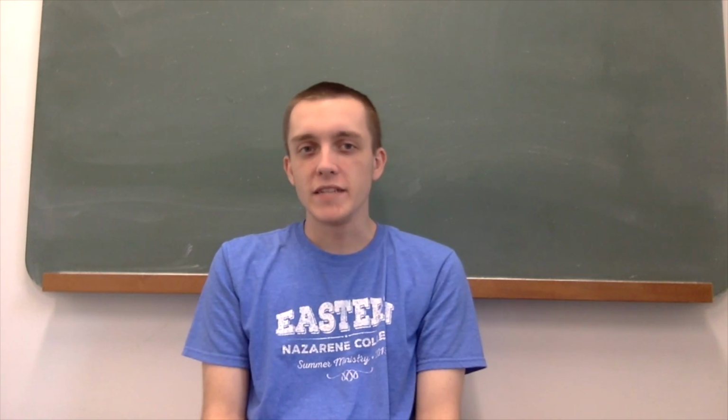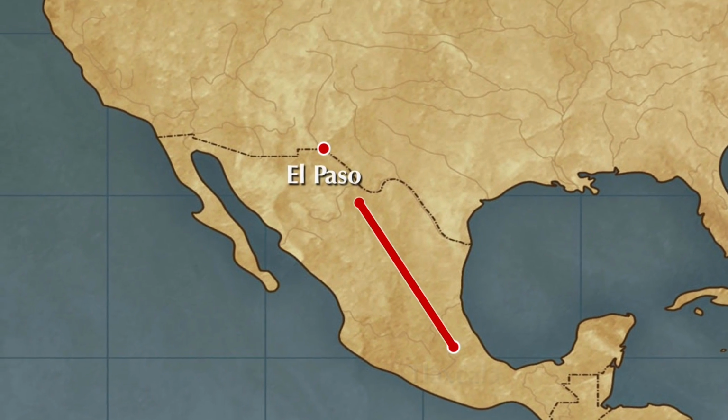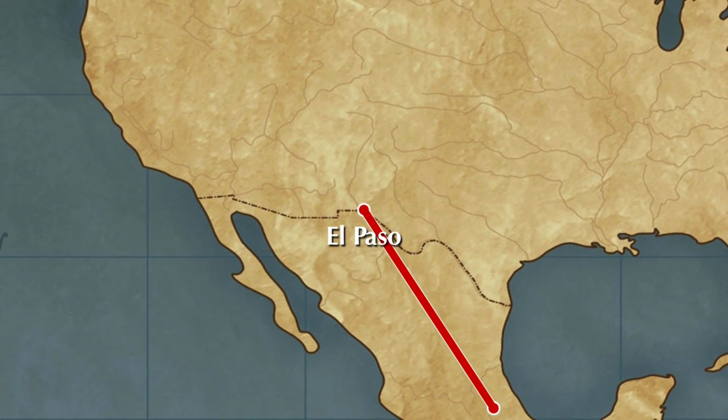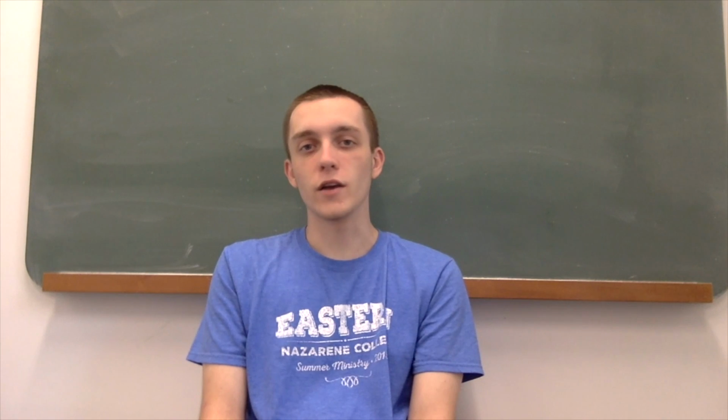There are 3 main ways to enter the country illegally. The first and most common is just illegal entry, which involves crossing the border, usually with the help of another party, and staying in the country. Another way is visa overstay, where a tourist or someone here for business uses a tourist or business visa, but then stays longer than is permitted on that visa. Another way, similar to visa overstay, is border crossing card violation, where someone uses a border crossing card, but stays in the country longer than is permitted on that card.